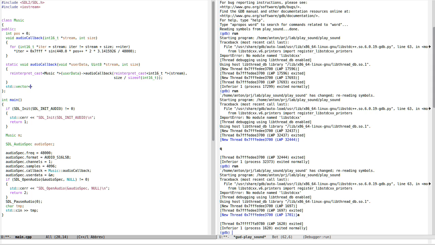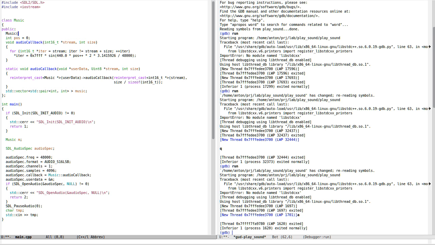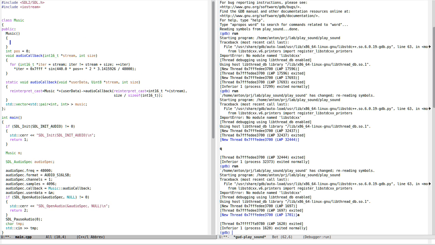So it's two integers, and duration might be, yeah, okay. So it's a vector, and let's make a pair. So int music, and in the constructor I'm going to populate it: music push_back, make_pair, and I can do